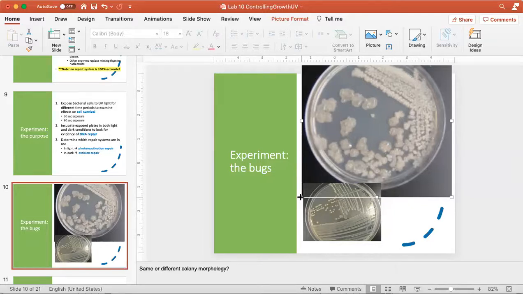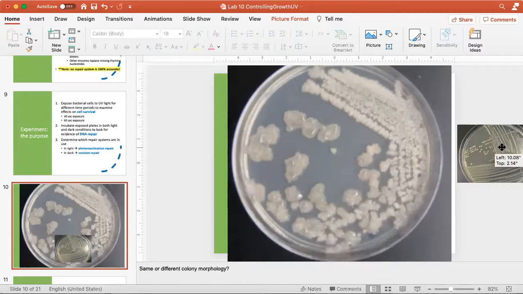Now I want you to notice this colony morphology because it's pretty unusual compared to what we've seen so far. Let me outline for you that this is a colony right here. This is a colony right here. This is a colony right here. A couple things to note. First of all, each colony looks unique. They don't have a uniform size, do they? They also don't have a nice smooth margin around the edges. They're also really big, aren't they?